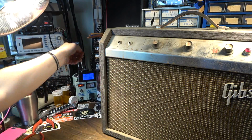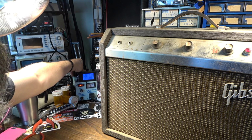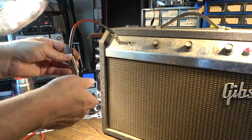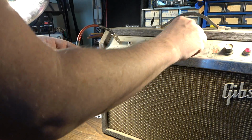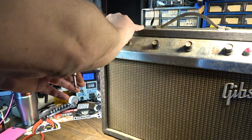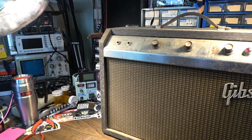Gonna go ahead and dial it up just a little bit more and see what happens. But right now, this is completely useless. This would not be a usable amplifier in its current state. I can hear the tremolo trying to work, but it's not doing a very good job of working. So this is definitely a classic case of needing some electrolytic capacitors very, very badly,